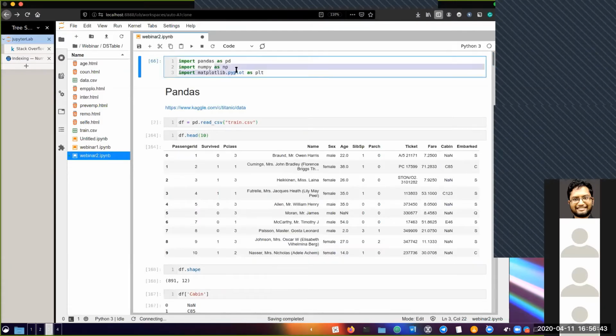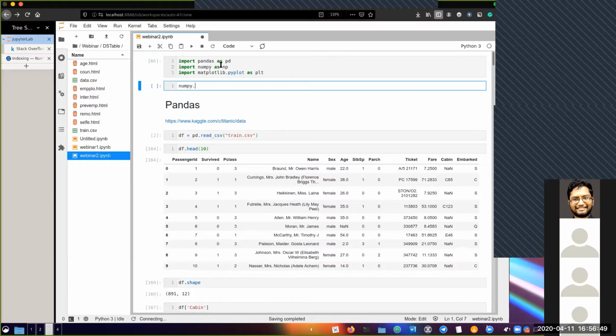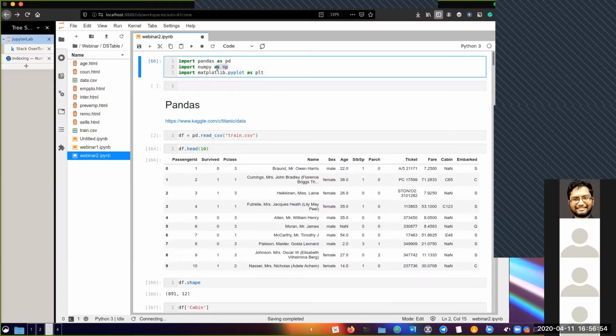So I could just do import NumPy, but then every time I run a NumPy command, I would have had to type NumPy dot something. So instead of that, I'm doing it as NP. Maybe look at this syntax a bit, because when you have a lot of libraries you're importing, it's just easier if it's in like 2 letters instead of the whole word.